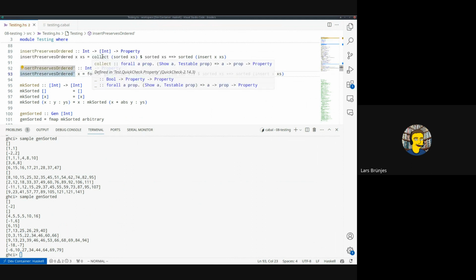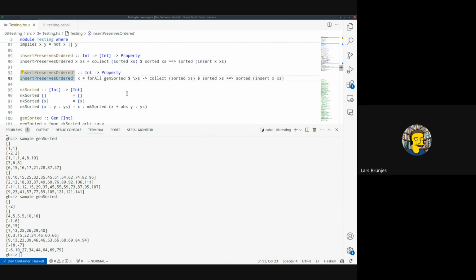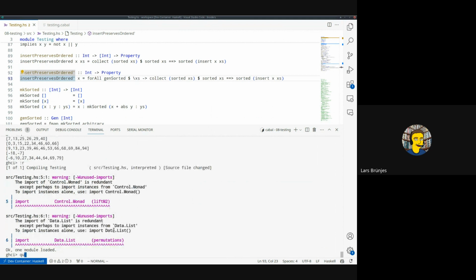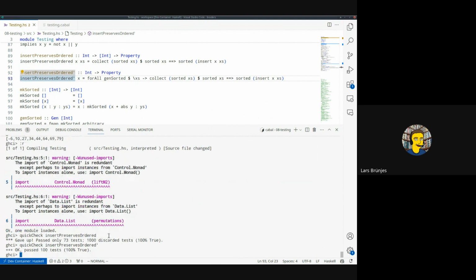So this is now exactly like that, but the only difference is that instead of using the arbitrary instance to generate a random list of ints, we use this specific generator, which we know generates sorted lists. And if we now try that and do quickCheck on this insert preserves ordered prime, let me first again demonstrate what happens if you use the old version. QuickCheck gives up because it just can't produce enough sorted lists. But now it passes. And I also see this collect 100%